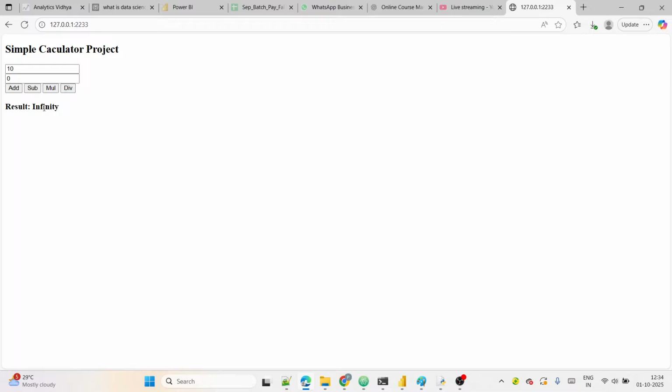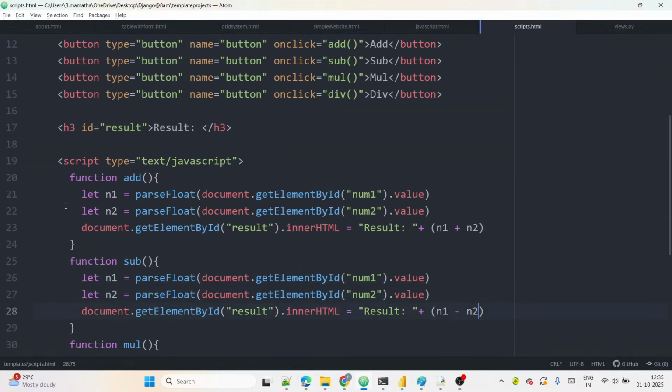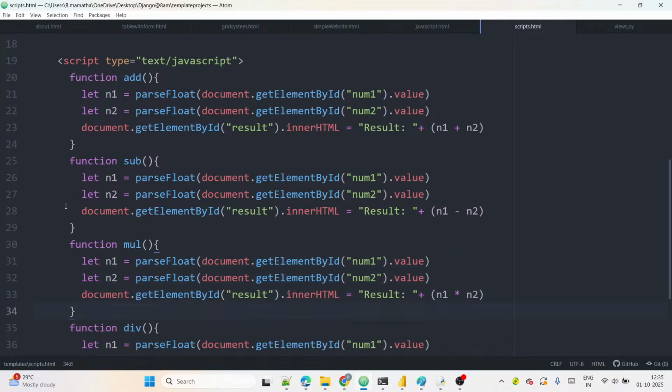If the second number is 0, you can see now, that output is not coming here. So in this case, what do I do? We implement one if condition here. If n2 equal to 0,